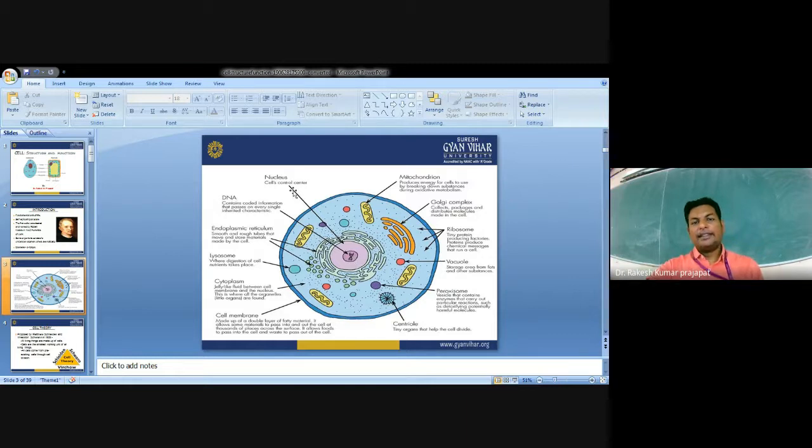Nucleus is the cell's regulatory center. It controls or regulates all the physiological and metabolic activity of the cell. In the center of the cell nucleus, the genetic material, DNA or RNA, is present, which has genetic information about a particular organism and passes this genetic information on to every inherited characteristic. That is all about the nucleus.